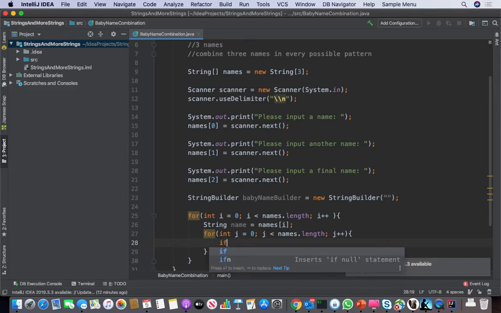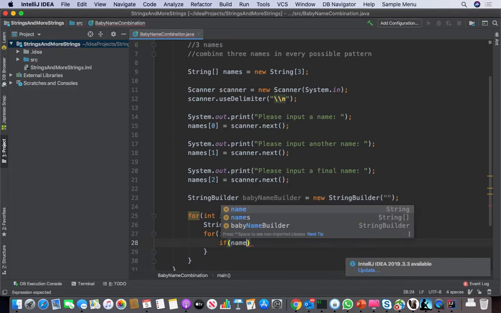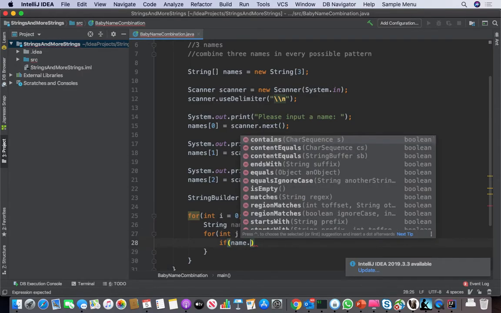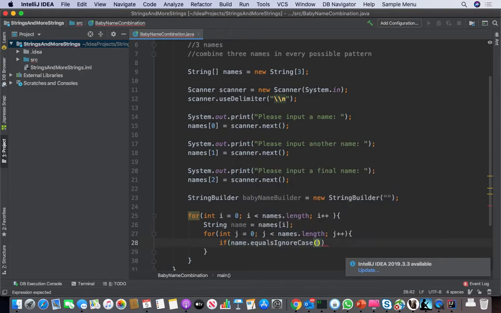So I'm going to say if name equals ignore case names j, but I need to make this a not statement. How do I make it a not statement? Where do I put the exclamation? Front of names. All right, so now it's not. If name is not equals ignore case to the name in j, then I'm going to say baby name builder